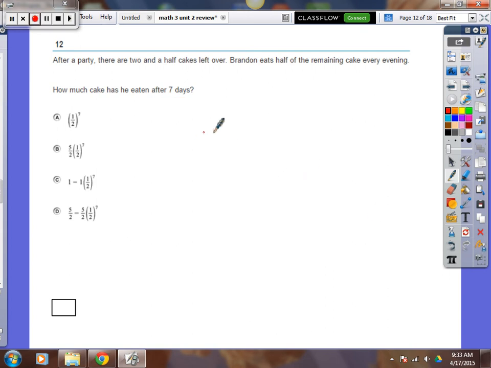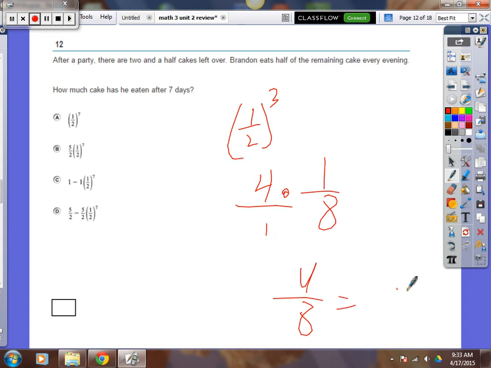Now if I do 1/2 for 3 days, that's going to be 1/2 times 1/2 times 1/2, that's going to be 1/8. So if I want to know 1/8 of some amount, 1/8 of 4, say I had 4 cakes left, 1/8 of 4 cakes would be times 4/8. That's going to be, you're going to have half amount left. So